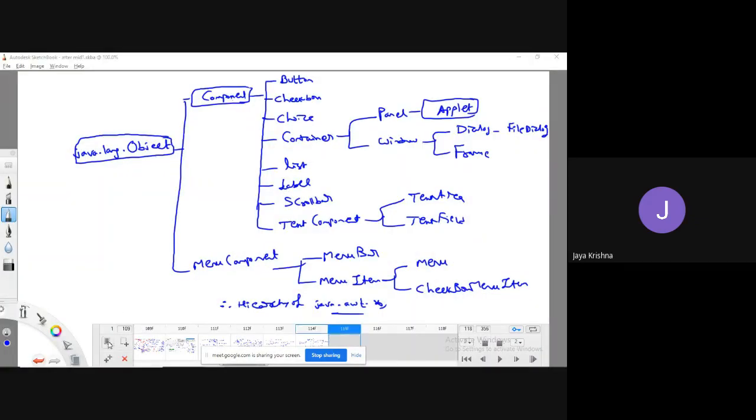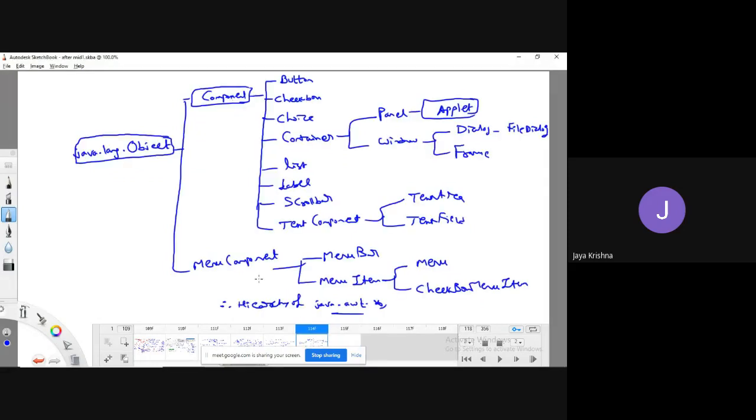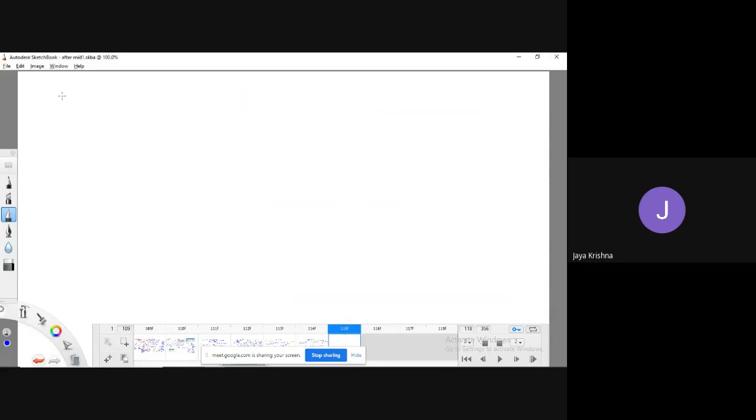Right now, up to now, I am saying that it is a component. Meaning that in a GUI, everything is a component. Am I right or not? Yes, this is what you have to understand. So what is the use of this component?